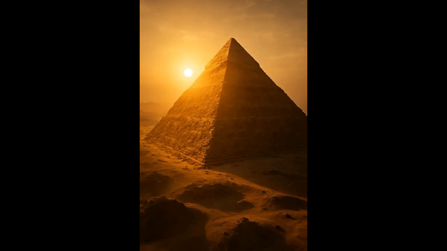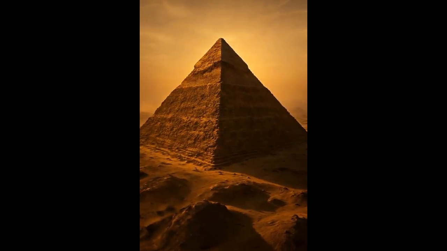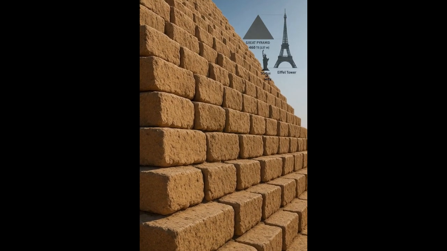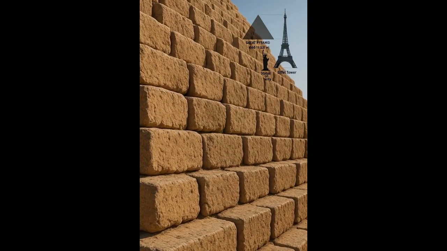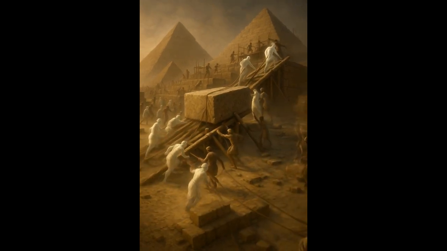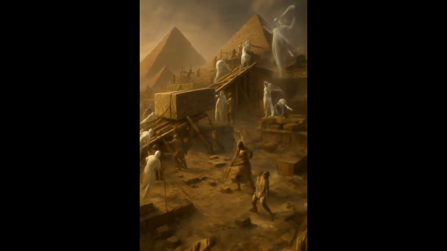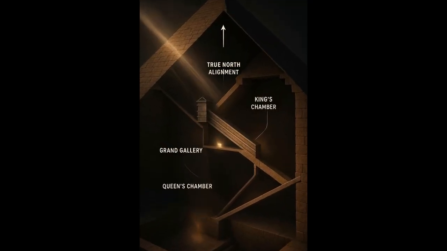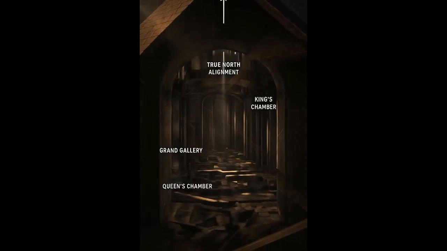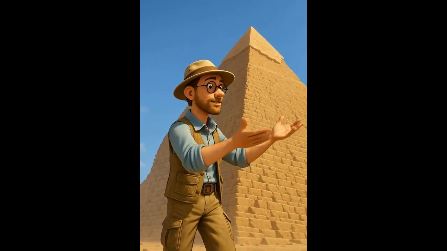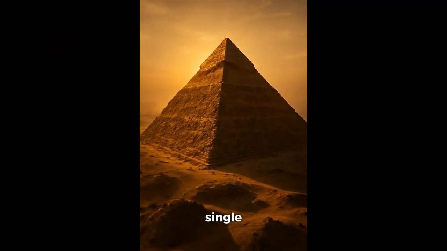Ever stood beneath a towering mystery? Welcome to the Great Pyramid of Giza. Built over 4,500 years ago, it held the record for the tallest man-made structure for nearly 4 millennia. Imagine that. No modern machinery, no wheels, yet over 2.3 million stone blocks, some weighing 80 tons, were stacked with incredible precision. How? It's perfectly aligned with true north and contains chambers whose purpose still baffles us. Tomb, power plant, or something more? The enduring symbol of ancient ingenuity. What ancient secrets do you